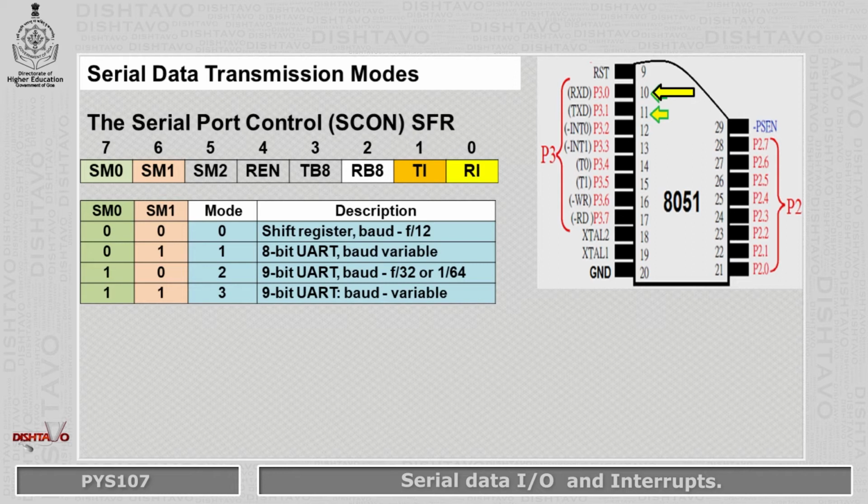Modes are selected by the programmer by setting the mode bits SM0 and SM1 in the serial port control register SCON. Let us see the first mode, that is mode 0. It is a serial data mode. Setting bits SM0 and SM1 to binary 00, as seen in the table of the SCON register, configures the serial port buffer register to receive or transmit 8 data bits using the RxD pin, receive data, for both receive and transmit functions.